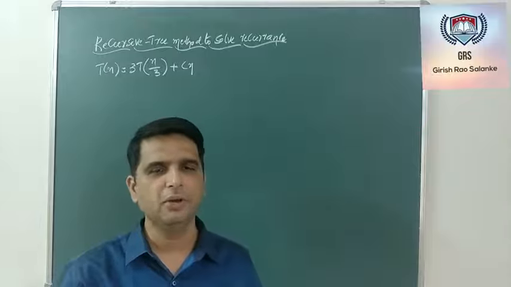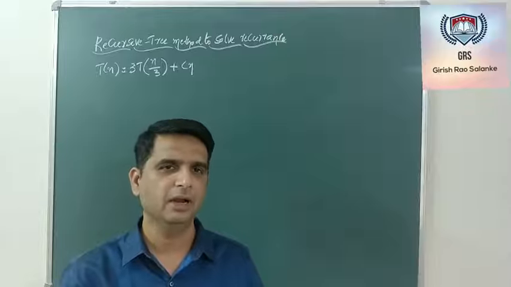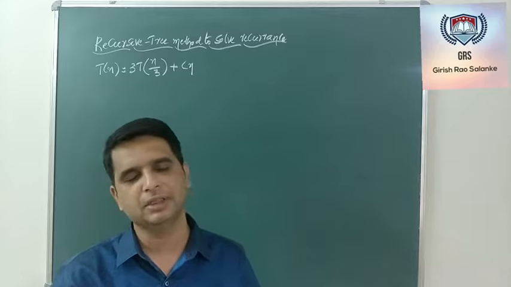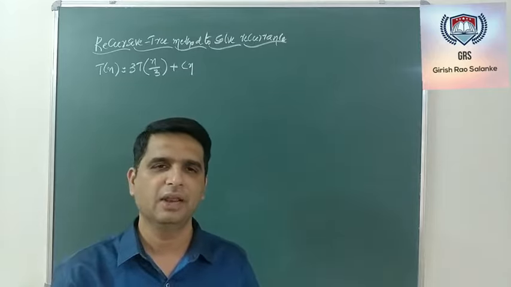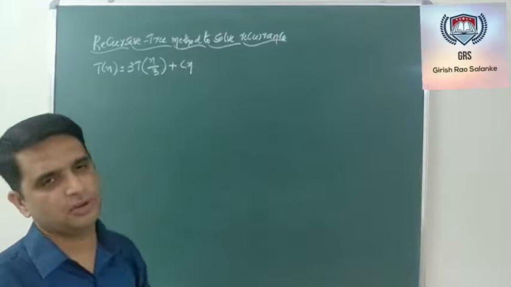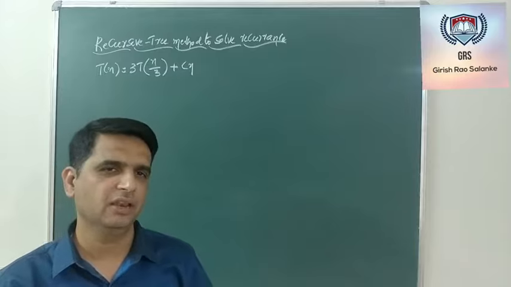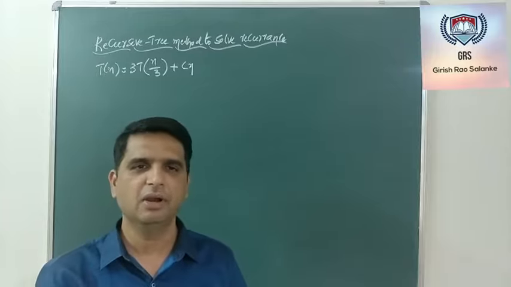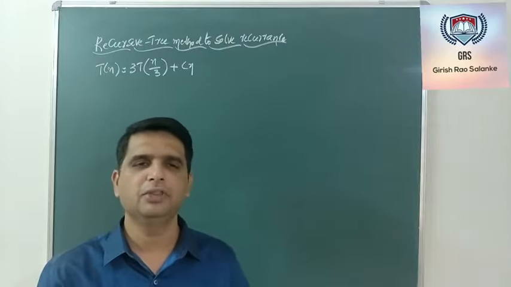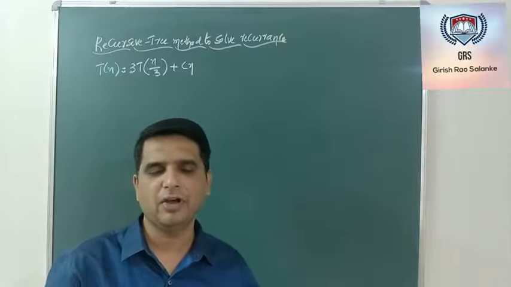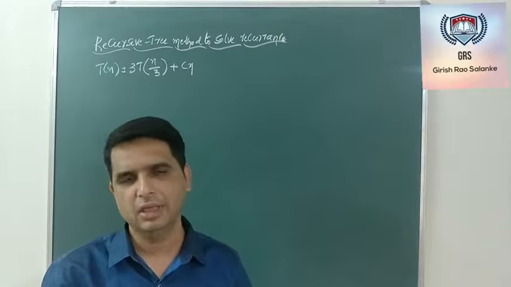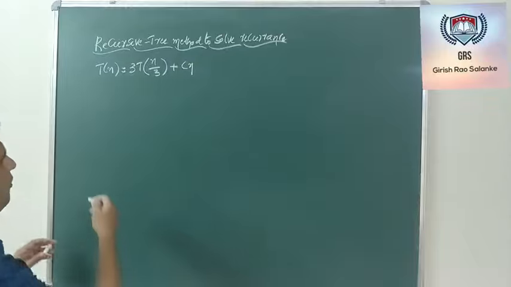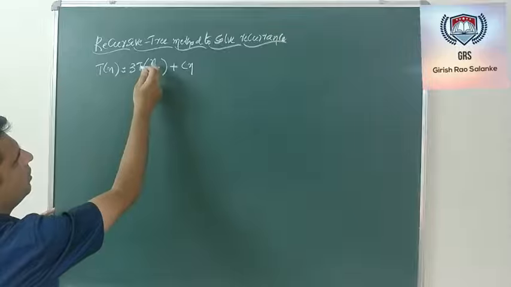In my previous video, I discussed the master theorem method and how it can be used to solve a given recurrence relation. And one more popular method that can be used to solve a given recurrence is the recursive tree method. Now what we do in the recursive tree method is we build a tree for the given recurrence, and with the help of the tree we find the time complexity of the recursion. Now I have taken an example wherein T(n) can be expressed as 3 T(n/3) plus cn.